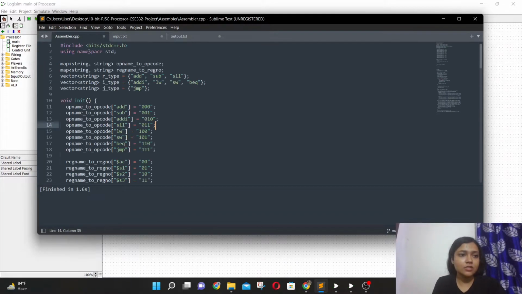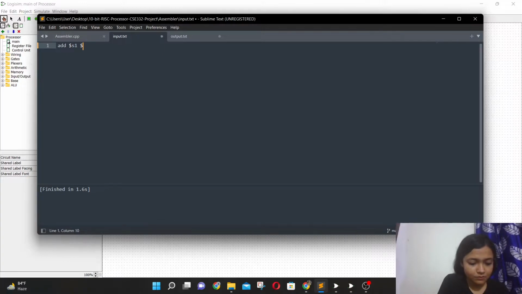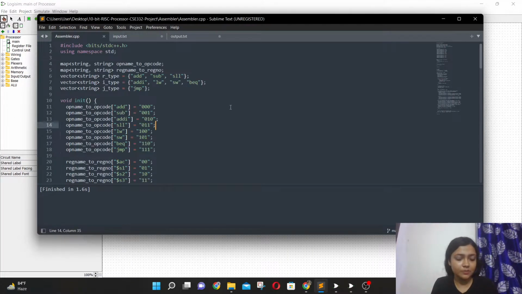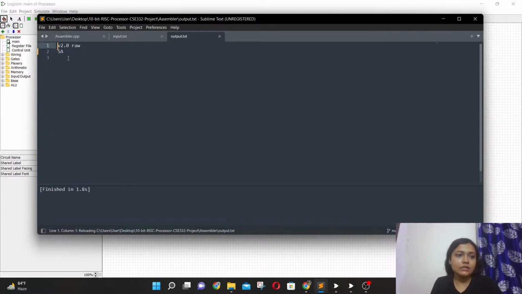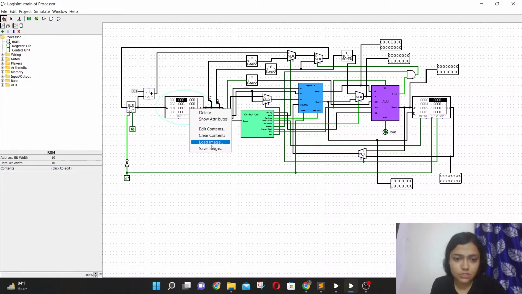At first, this is our assembler, and I write the add operation in the input text file, which is this. If I run the assembler, you can see the output is stored here, which is 5a. I want to store it in our main Logisim file, in this ROM. To do this,